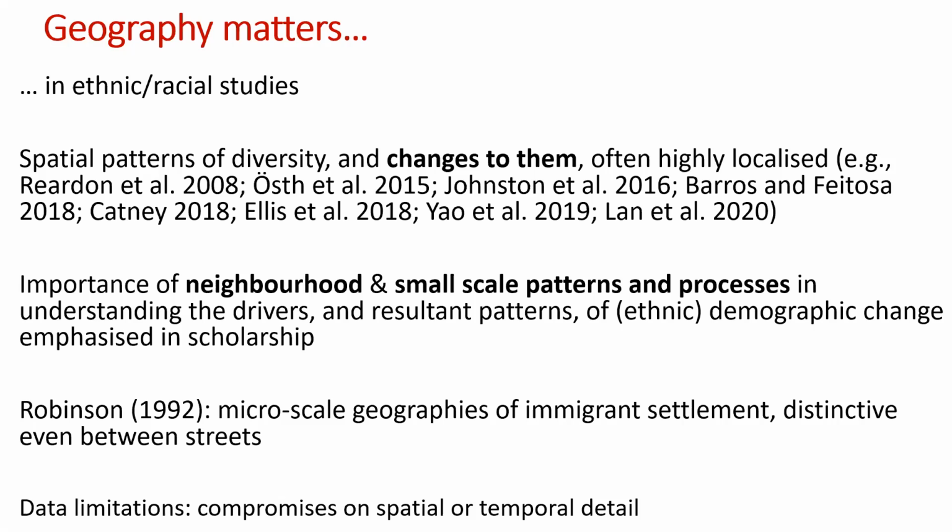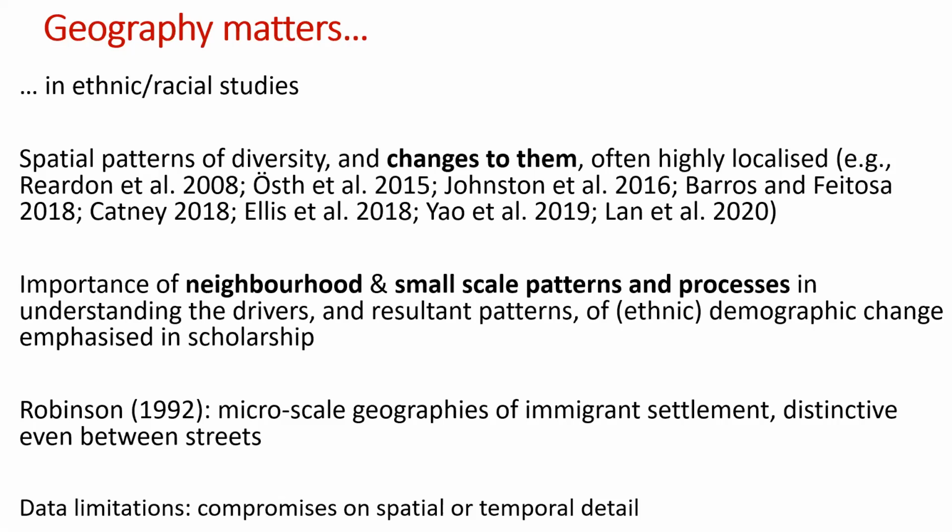And actually, the scholarly literature emphasizes the importance of small scale patterns and processes in understanding the drivers and the resultant patterns of ethnic demographic change. But we'd argue it hasn't always attended to that in the ways that we might be able to. And that was one of the gaps that we're trying to think about in this